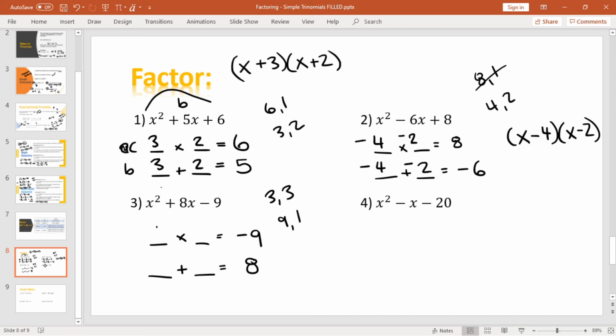So I'm going to do 9 and 1. 8 is positive, so 1 must be the negative 1. 9 plus negative 1 equals positive 8. And my final answer,